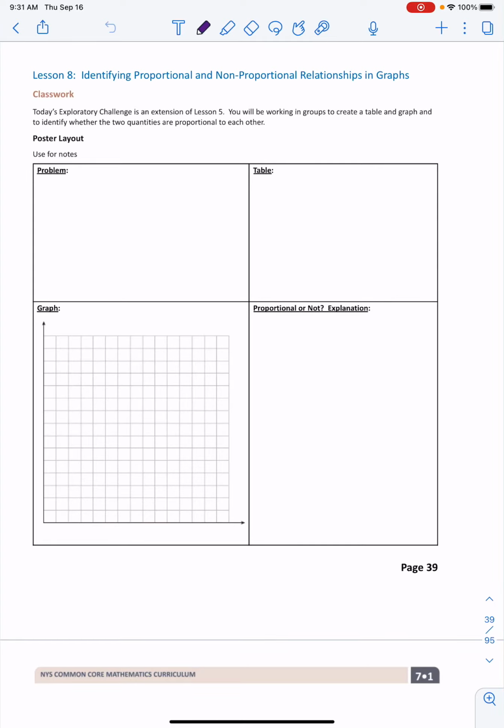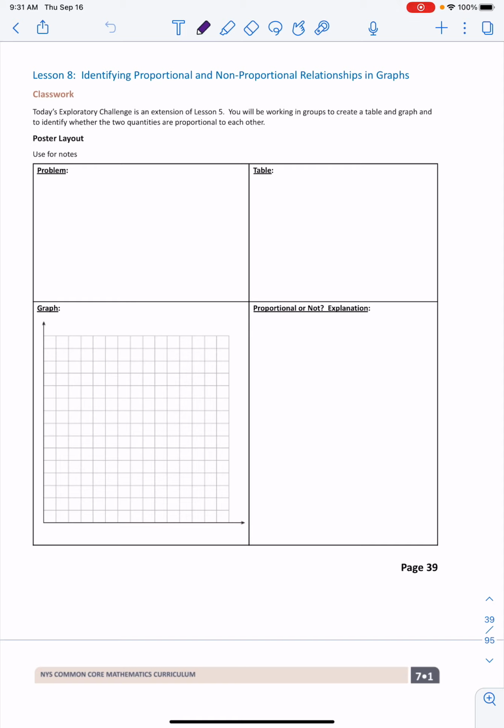This is Lesson 8, Identifying Proportional and Non-Proportional Relationships in Graphs. Today's exploratory challenge is an extension of Lesson 5. You'll be working in groups to create a table and graph to identify whether the two quantities are proportional to each other. Basically, in class, we worked in groups and